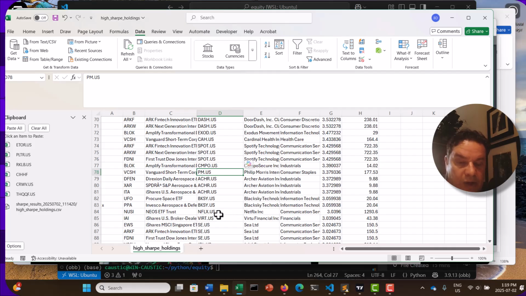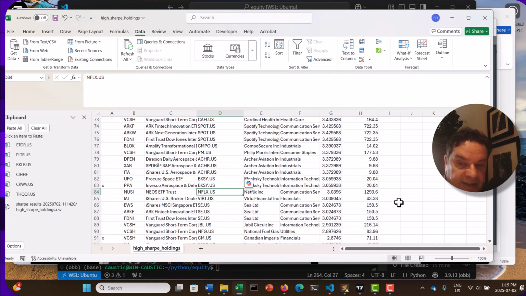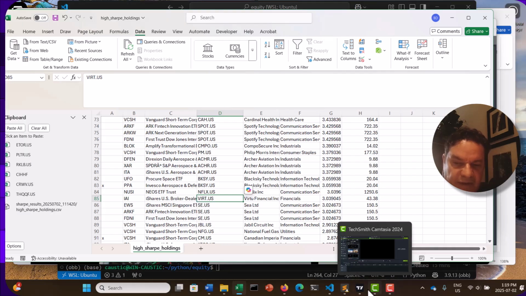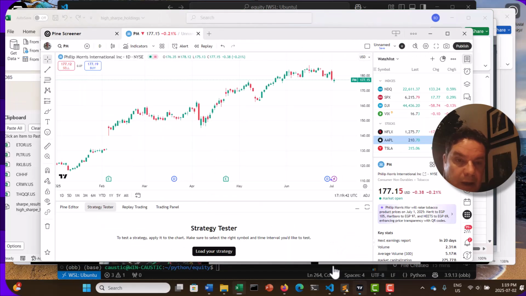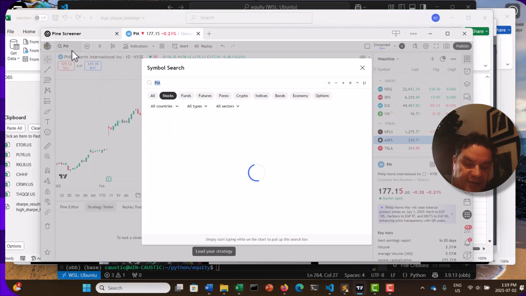Then we get into the Netflix. Look at that price, $12.93. I don't think so, but that's usually the FAANG, the original FAANG, big tech companies. This one kind of holds its own. This one, Virtu, I'm going to show you. This is one of the HFT stocks out there that's involved in high frequency trading. So Virtu Financial,